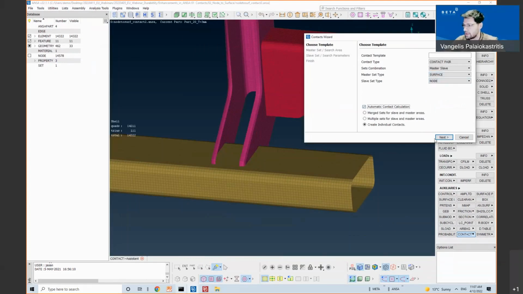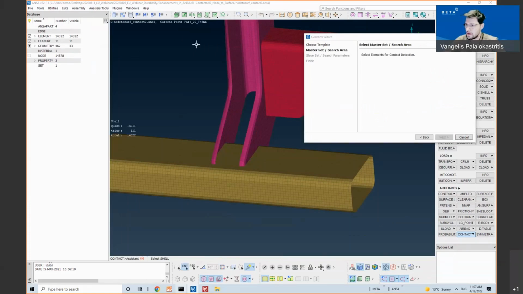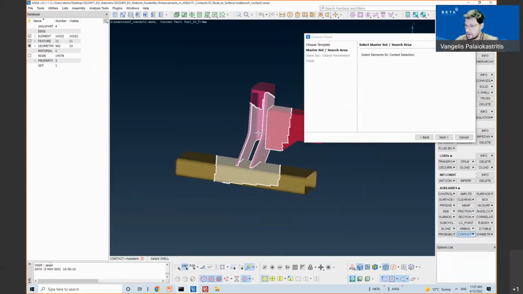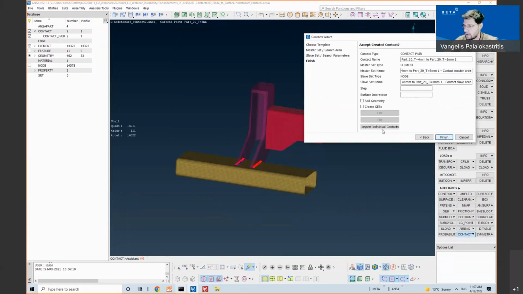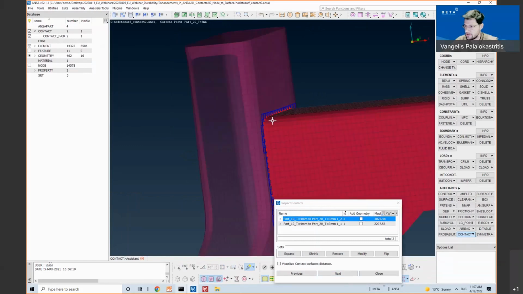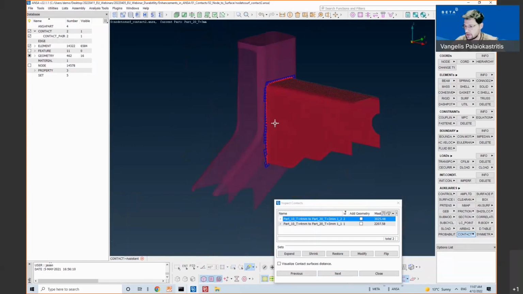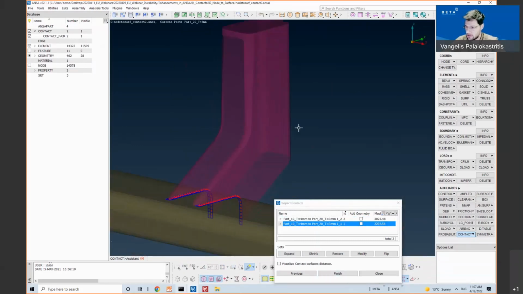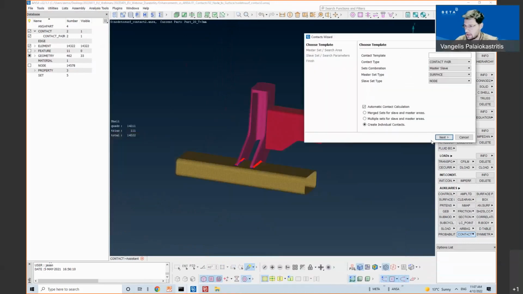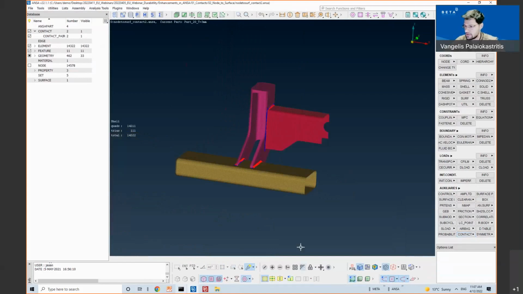I will select the automatic detection, select the area, specify the distance, and I can inspect what has been identified as contact. So I have the two contacts defined.